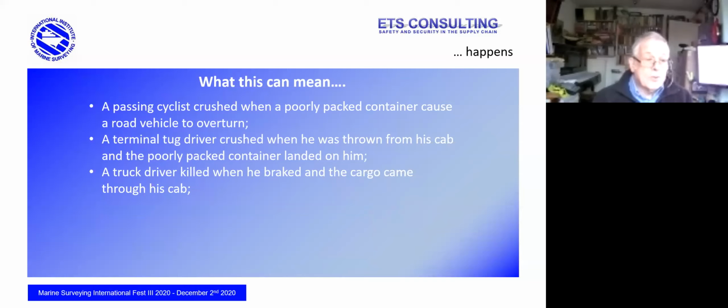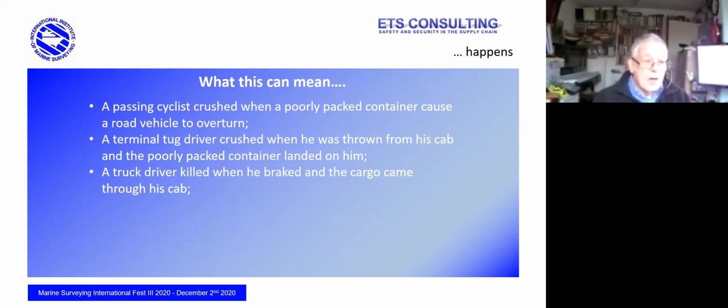A terminal tug driver, that's the man who drives the internal trailers around, was crushed when the poorly packed container that was being transported dislodged. Had it not been poorly packed and stayed on the trailer, he would have come away with bends and bruises, but actually the container itself jumped off the trailer and fell on him.